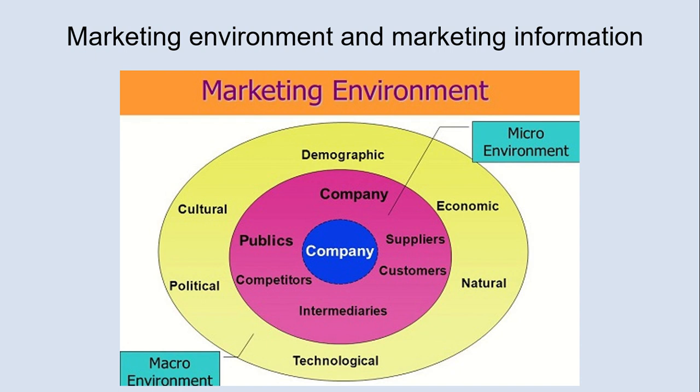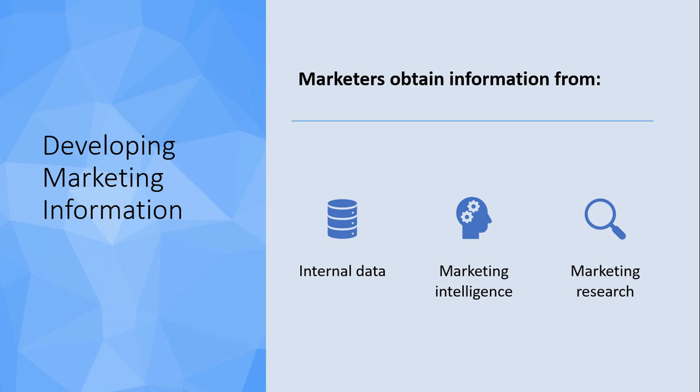And then the information, which will go through your marketing mix as well. That's how your company is developing marketing information, and how companies obtain information. You can discuss internal data, marketing intelligence, and market research. That's how they are using internal data, the big data process, what kind of marketing research method they are using, and how they are collecting and analyzing the data.